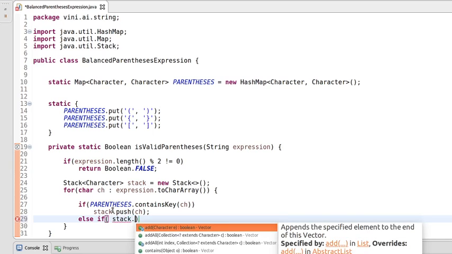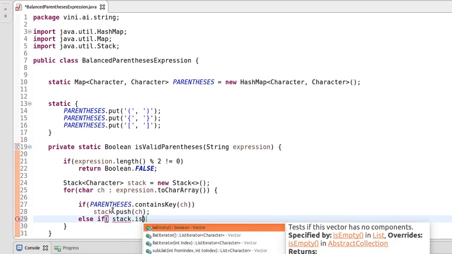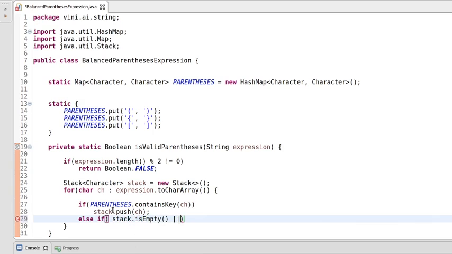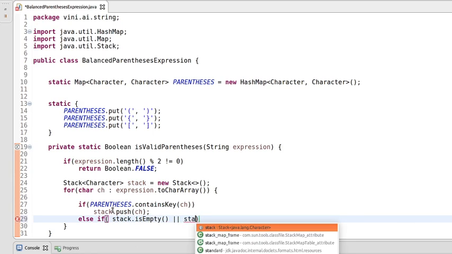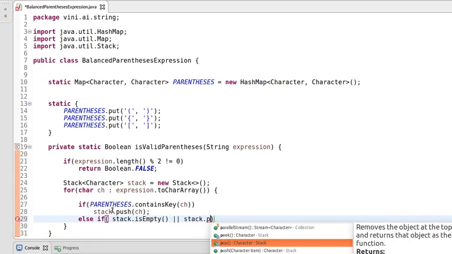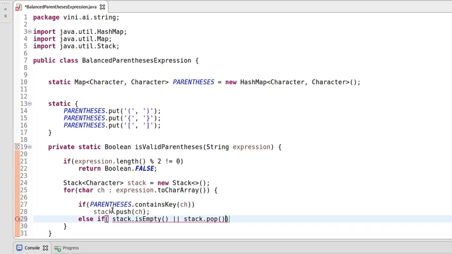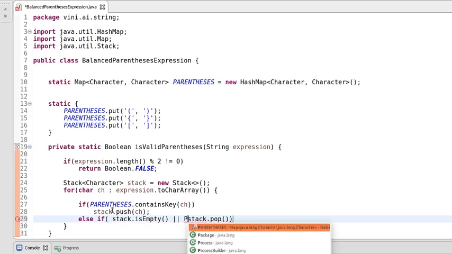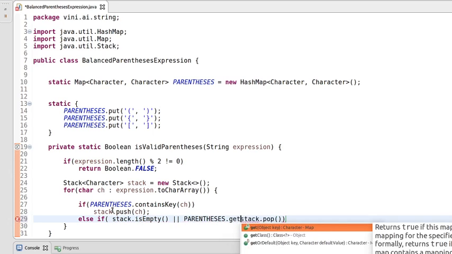If it is not an opening parenthesis, in that case we need to check whether the stack is empty or not. If it is empty, we get the top of the stack, and the stack pop will return us the opening parenthesis. Based on this opening parenthesis, get the value from the parenthesis map.